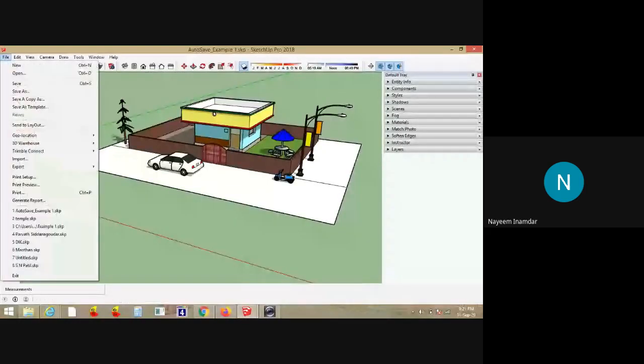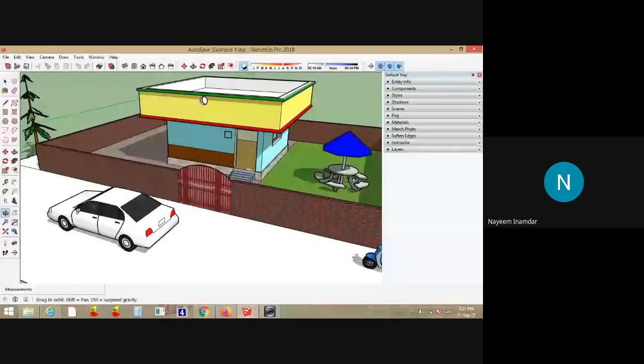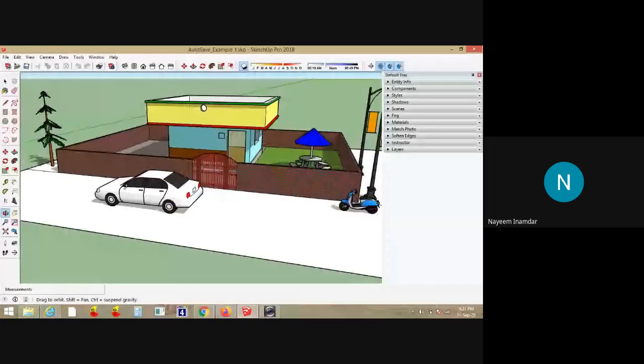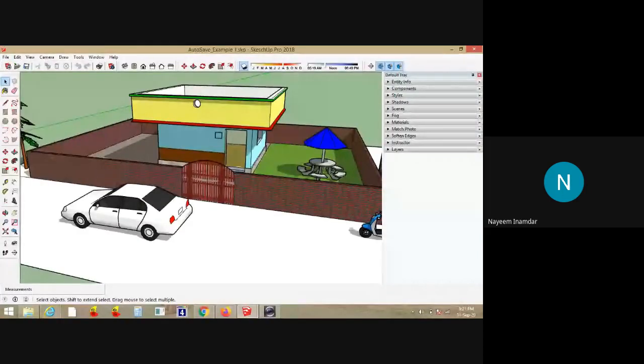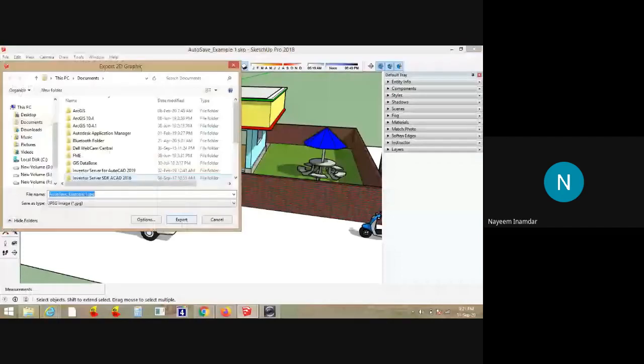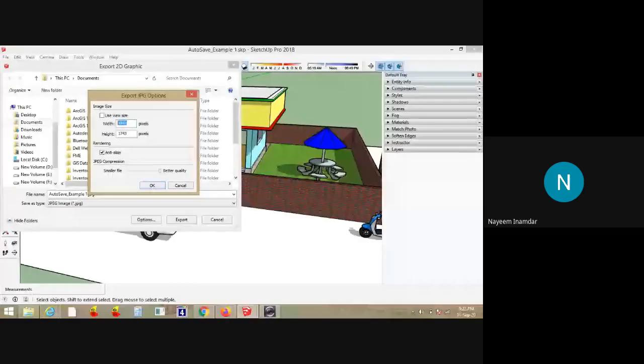Suppose you would like to have this view as JPG format, what I'll do, I'll just go to export 2D graphics. Here in options, I have an option to change the pixels of a JPG file, because here we are not doing animations.